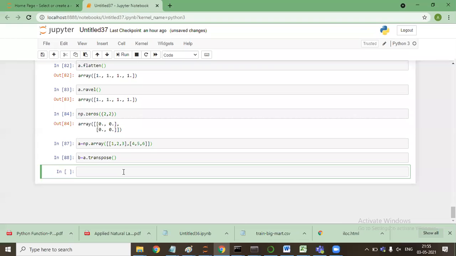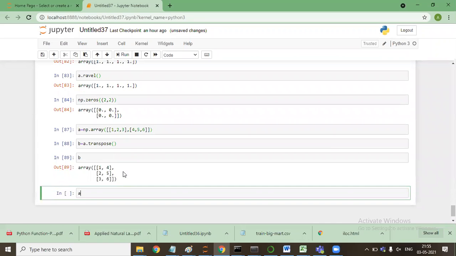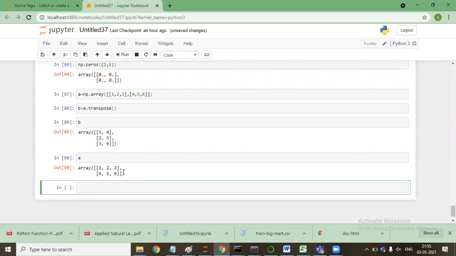I'll say B and I'll say A. The value in A had 2 rows and 3 columns. Now it has been converted into 2 columns and 3 rows.